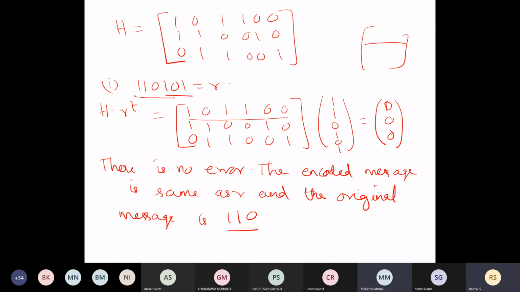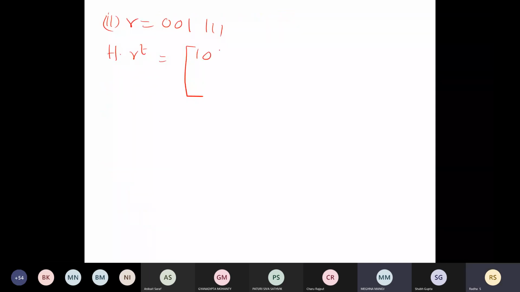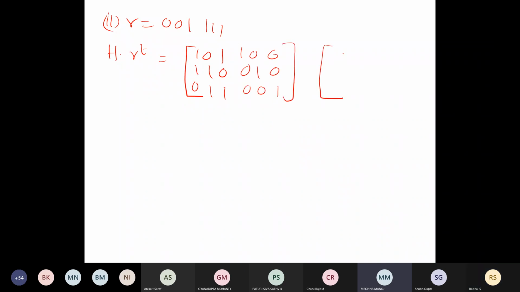001111. Okay, now H dot R transpose. What is H now? Again, 101, 110. Multiply this. 010. So it is not a zero vector.